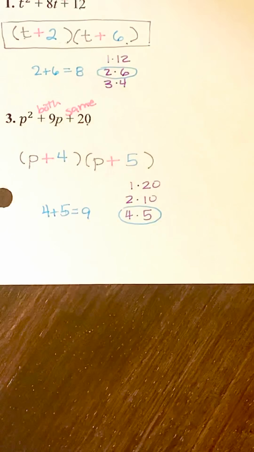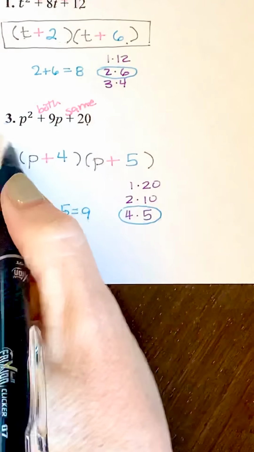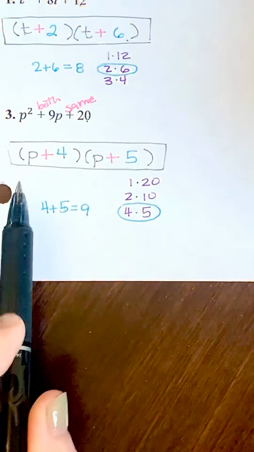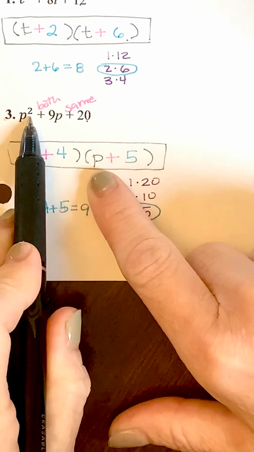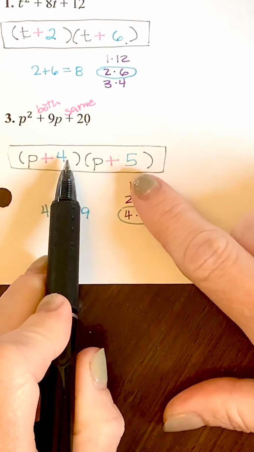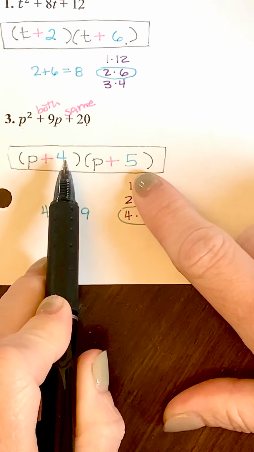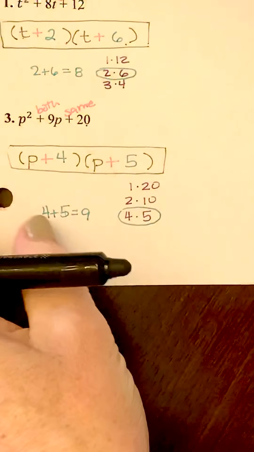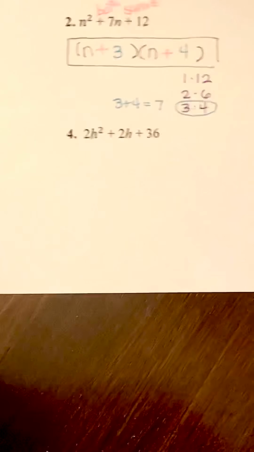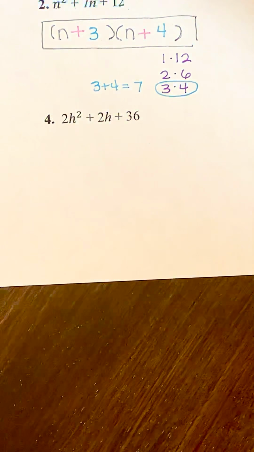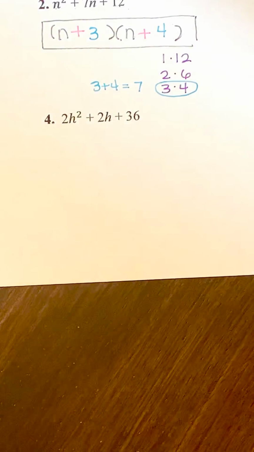So that's your answer. How do you check it? Using FOIL. Okay. First, outer and inner will combine to give you a 9p, and then the last 4 times 5 is 20. All right, so that's correct. Okay, pause it and try number 4, and then you can check your answer. Okay, so you paused it,